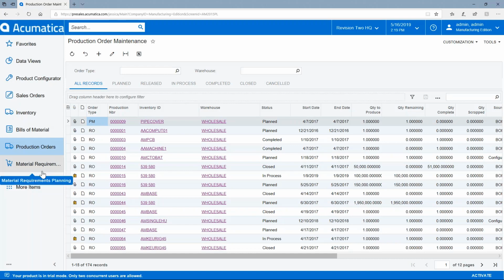We do also have the MRP, which is going to look at all of the orders at once and is going to indicate, based on different replenishment settings like minimums, maximums, safety stocks, lead times, what we suggest you need to purchase based on that total demand. So we do have that module, again, probably outside the scope of the presentation. Maybe I'll get to spend a moment there in just a few minutes as I finish up this production order,